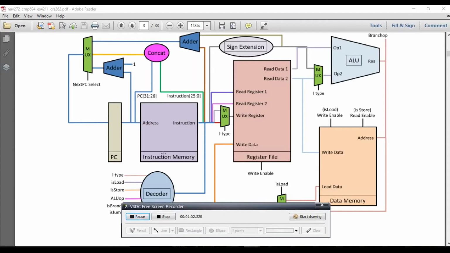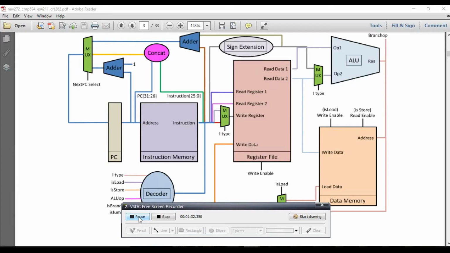The instruction memory acquires the address from the program counter and then gives the output as the instruction. Now this 32-bit instruction contains the information of the type of the operation and also the location of the register. The instruction memory that we have designed is of 2 KB. So it is an array which consists of 512 elements.